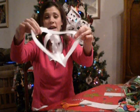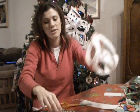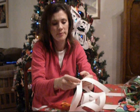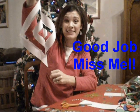And the last one, you're going to fold the opposite way of the one you just folded. Put the edges together and put a piece of tape. Your paper should look like this by the end. Okay? Now,